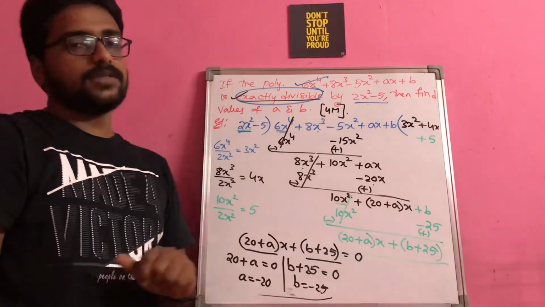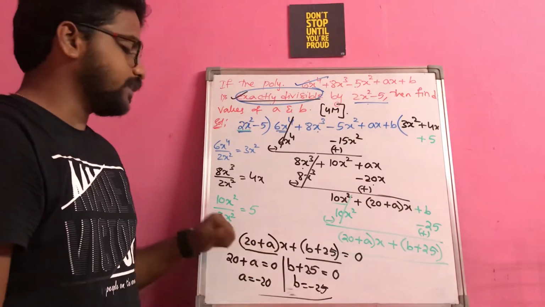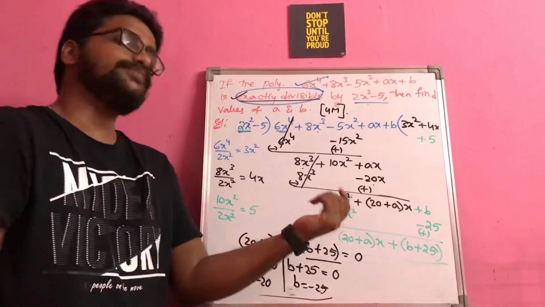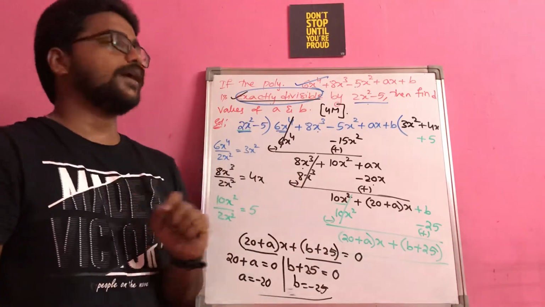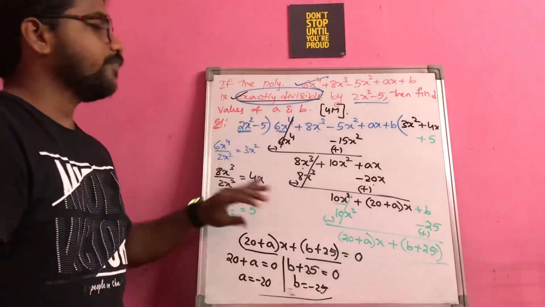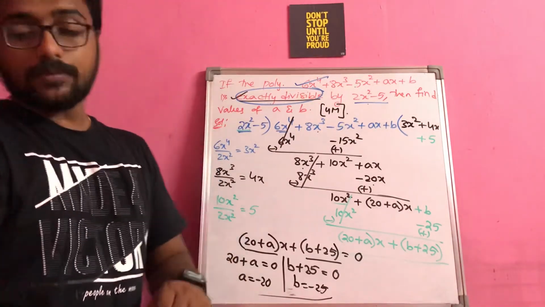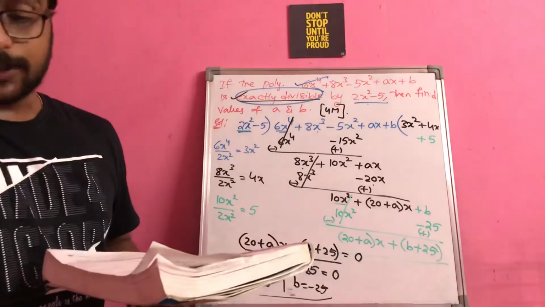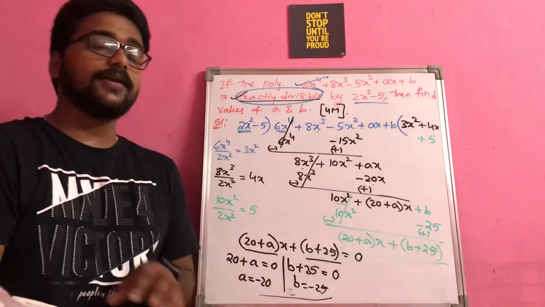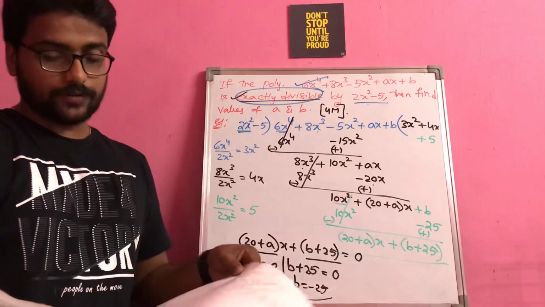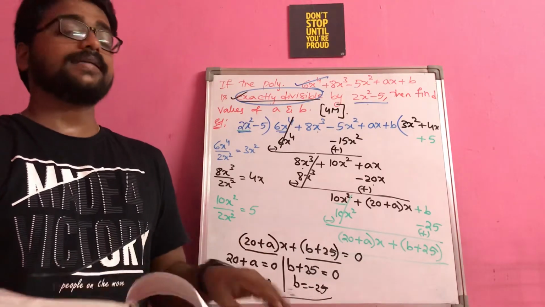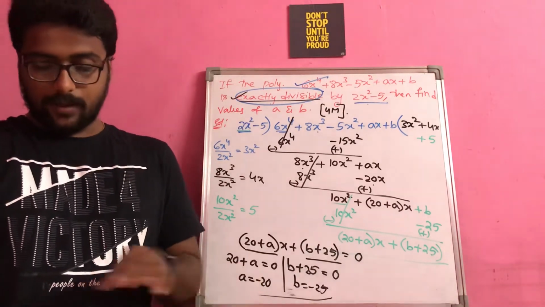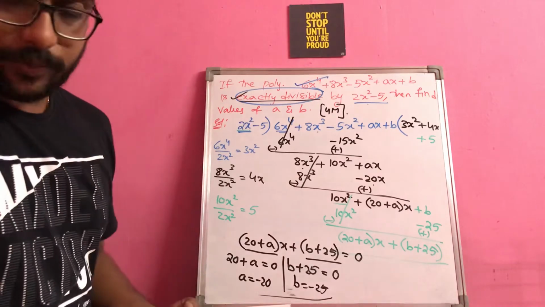The remainder will be 0 when the coefficient of x is 0 and when the constant is 0, obviously 0 plus 0 will become 0. This is how you should understand the question and do the normal long division. Please remember, don't try to use remainder theorem or factor theorem, especially in 4-mark questions, right? If you use them, there are high chances of losing marks because it is not officially given in your class 10 syllabus. Okay, now let us do one more important model.